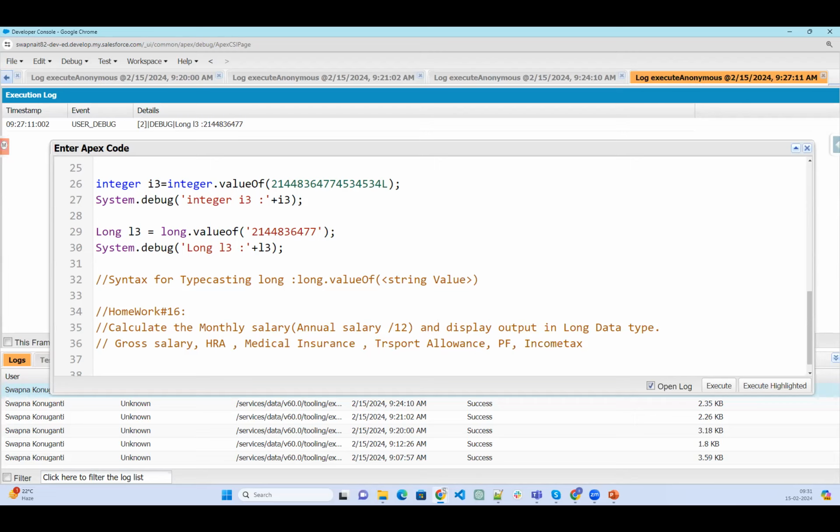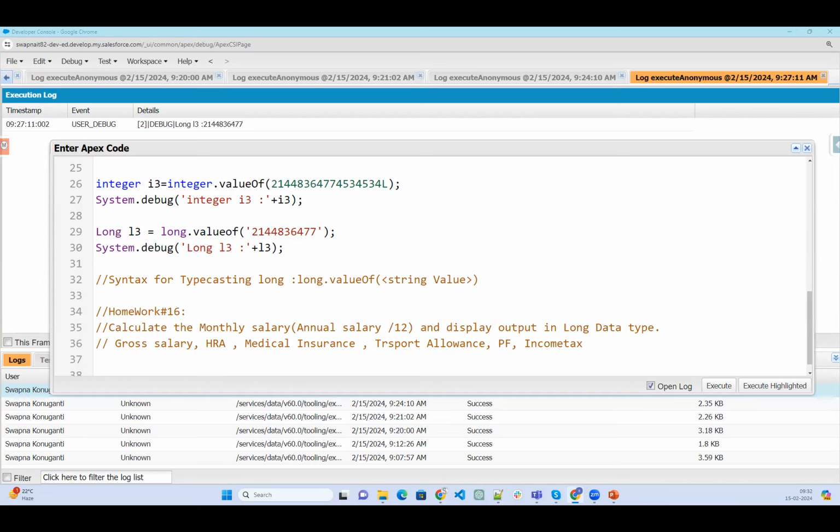So once we have this information, what is the formula we are going to apply? Monthly salary is equal to gross salary plus HRA plus medical insurance plus transport allowance plus PF, and then income tax.